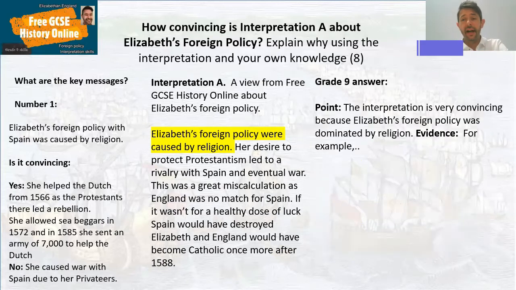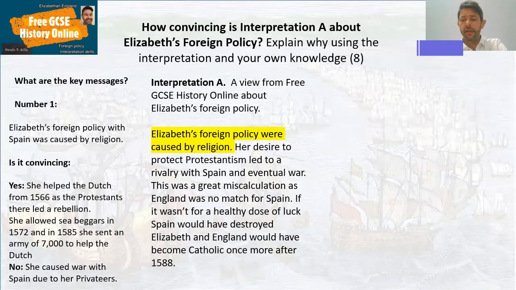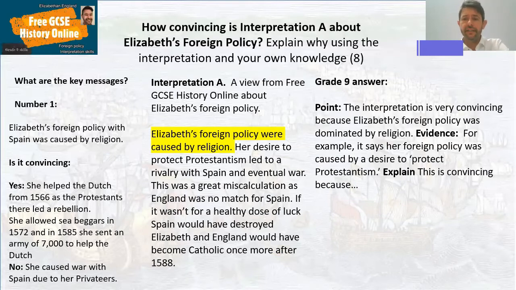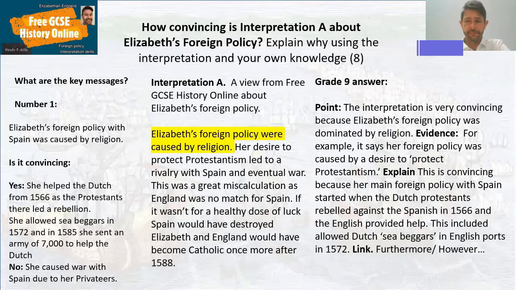So firstly, I'd make this point. The interpretation is very convincing because Elizabeth's foreign policy was dominated by religion. For example, I'm going to pick out a bit of evidence. For example, it says her foreign policy was caused by a desire to protect Protestantism. Then I'm going to explain with some knowledge. I'm going to use this knowledge on the left-hand side of the screen. This is convincing because